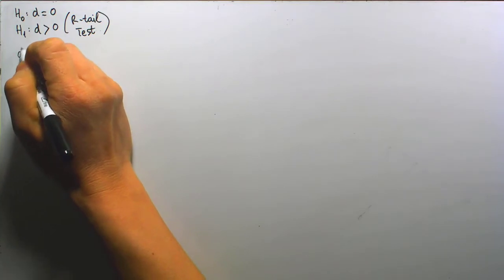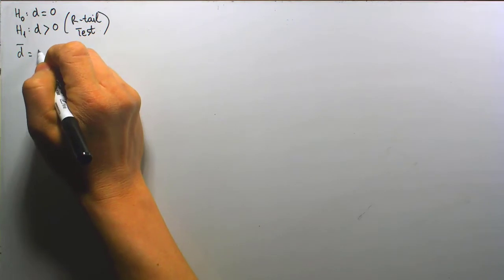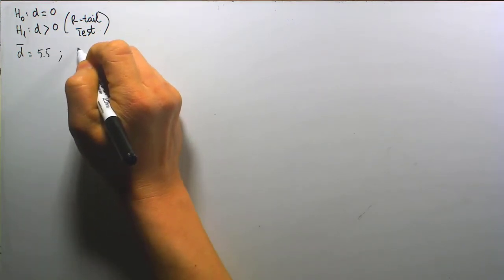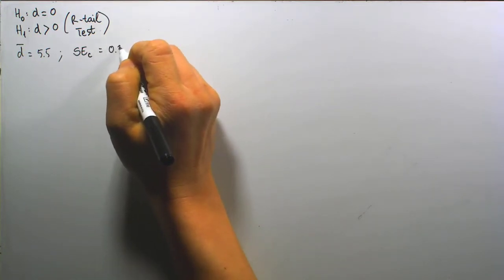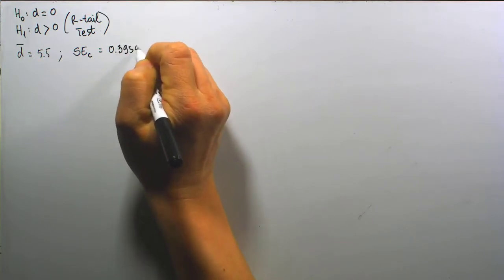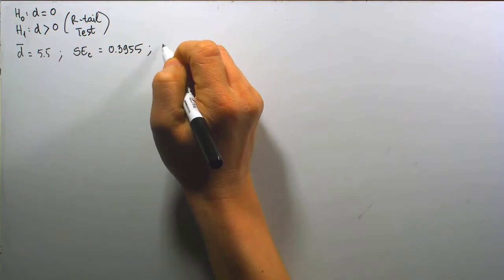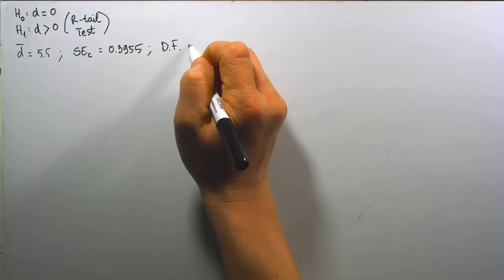So we have found D bar being 5.5. We have found and calculated SEC being 0.3955. And we have calculated earlier that degrees of freedom is